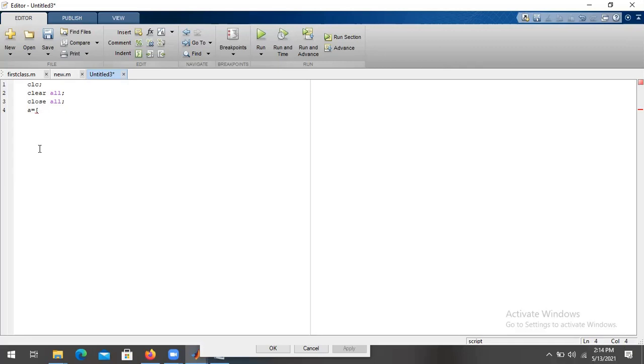I just want to show at least one example before we go to image processing related lines. I just want to show a small matrix related output. So this is how we write the program.